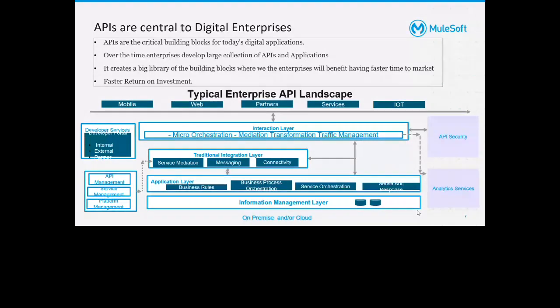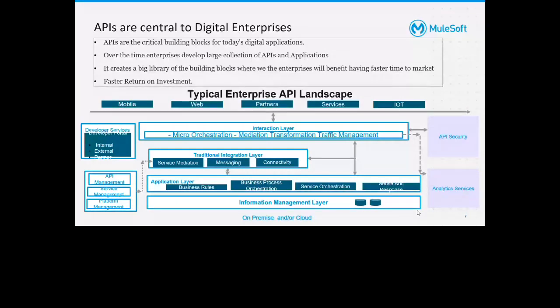Over time, we develop a large collection of APIs and applications, and it creates a kind of repository or library, whatever you might call it. That helps the enterprise have faster time to market and a good return on investment. That's the whole goal here. This diagram was done with an API context. Basically, you have an information layer, which could be on-prem or cloud, and then your